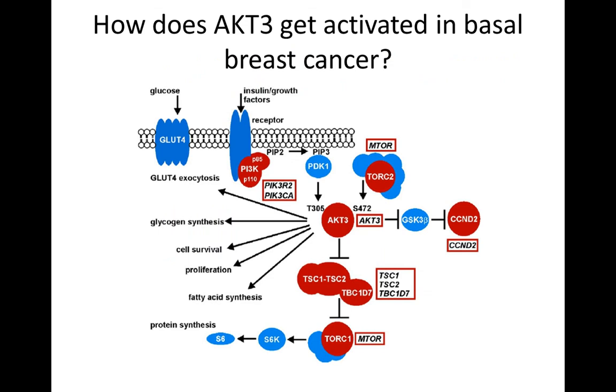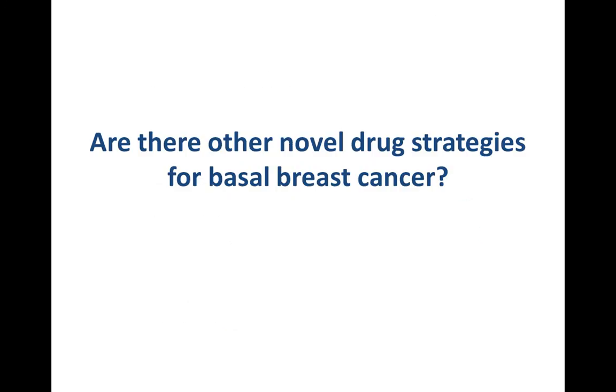So this is the canonical pathway that everybody talks about for AKT3. Unfortunately, that's wrong, and this connection isn't made. We've inhibited this complex, and it has no effect on AKT3. So right now, we really don't know what the kinase is that phosphorylates it, nor do we know how PTEN influences it, but we know PTEN does. And so that's the main focus of the work we're doing as we speak.